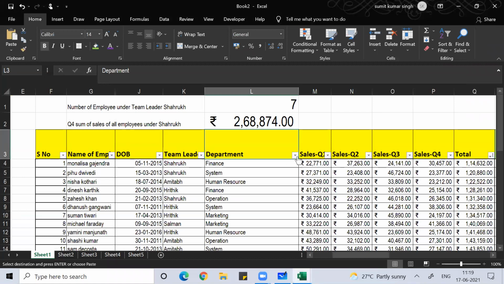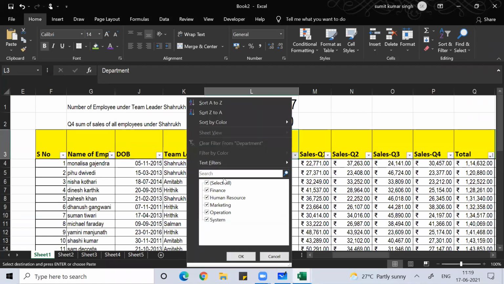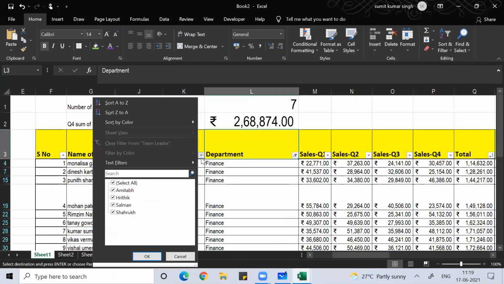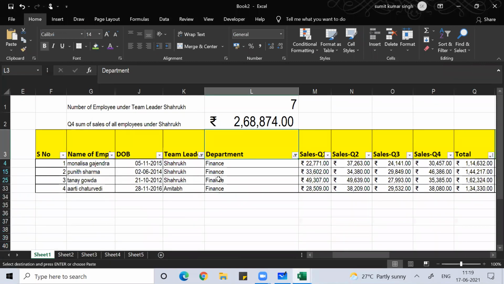that. So if I remove all the department, click on finance department, and then here if I click on Shahrukh, press OK. So you can see.